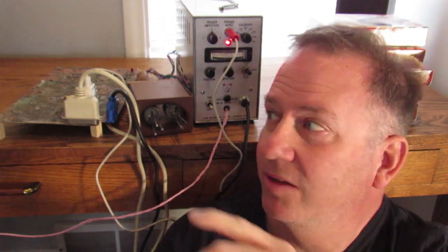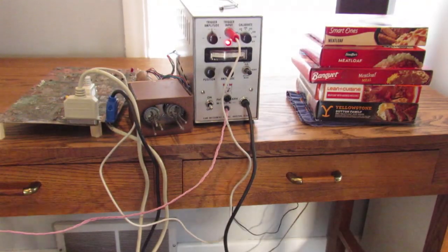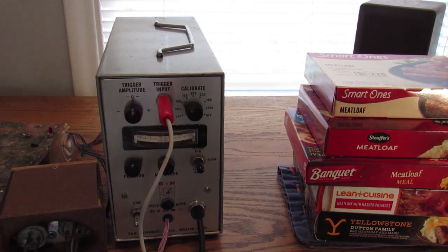I have to zoom in, so I'm going to have 2 cameras, one on this little meter here that'll show how excellent it is. So then we'll know for sure which brand provides the best meatloaf scientifically. So let's just get started. I think I'll choose